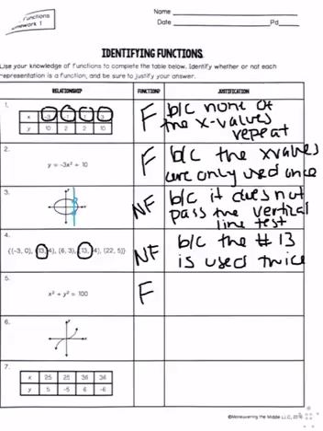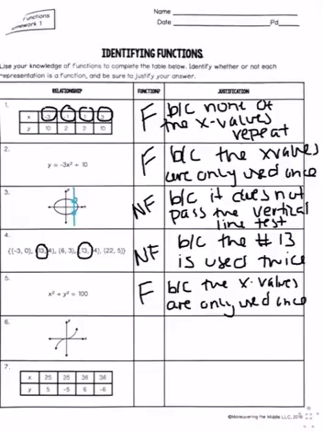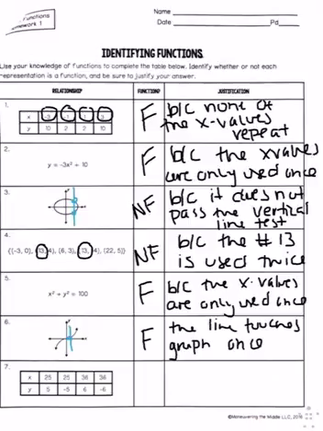Number 5 is a function because the x values are only used once. Number 6, again, it's a graph, so you have to pass the vertical line test. It only touches the graph in one place, and so it is a function. The line touches the graph once. And number 7. Number 7 is not a function